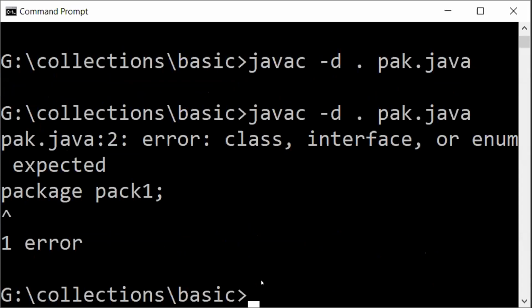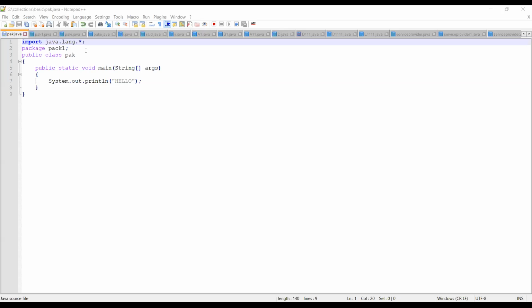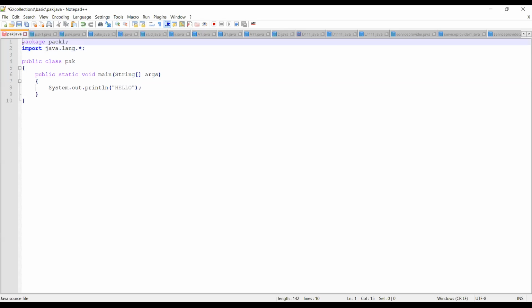See here. Again, now you're getting an error. So again, you read the error. The error you're getting is, class, interface, or enum expected. Where is it showing the error? It is telling package p1. Now the question is, why is there an error in this program? Once again, I'll show you why, and how we rectify this particular problem. I'll just cut this and put it as the first statement. Okay, save this, and again I'll go back here. Let us try to execute this.